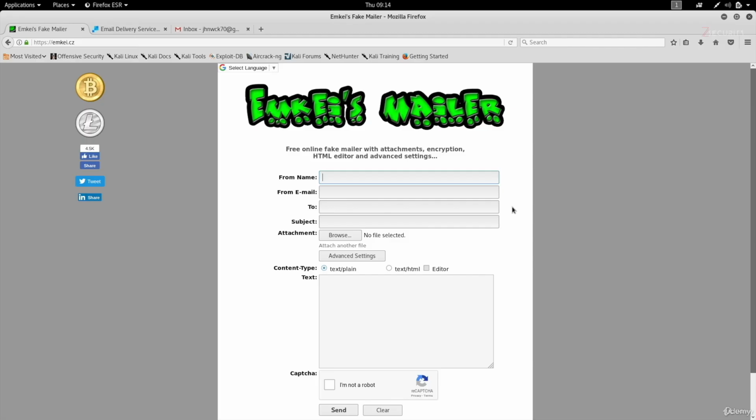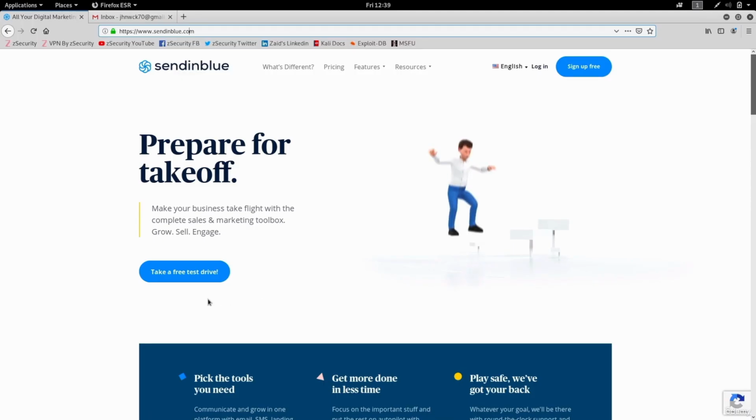Or an even better solution is to sign up for an SMTP or a mail server. Now, again, there are a number of websites that offer this. A lot of them are paid, but with the paid websites, you'll actually get really, really good results because they are used by actual marketers and by actual companies to send emails. So spam is never sent through these servers. If you look through Google for a free SMTP server or a free mail server, you will find some websites,